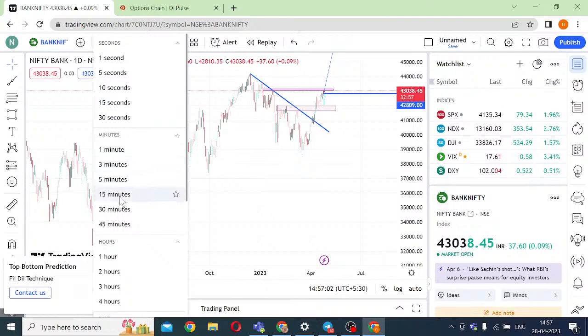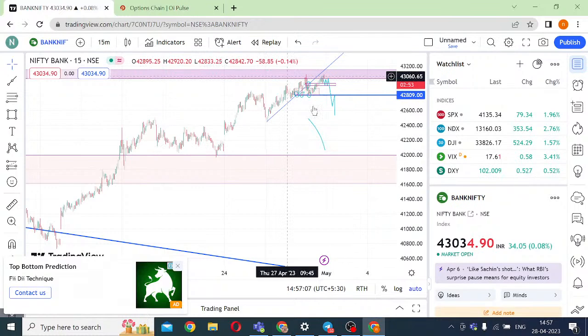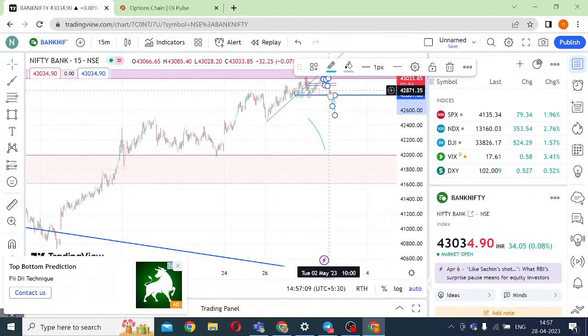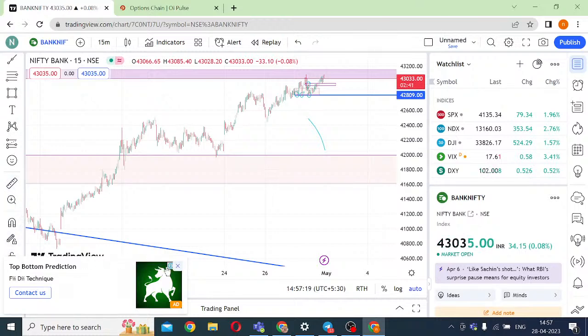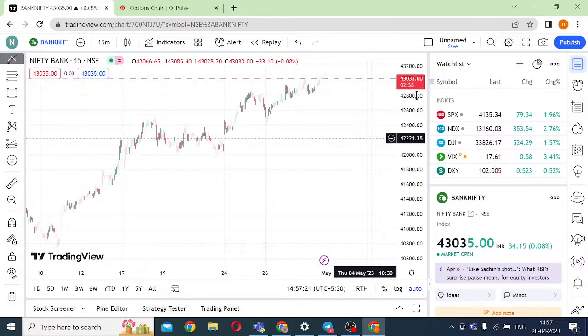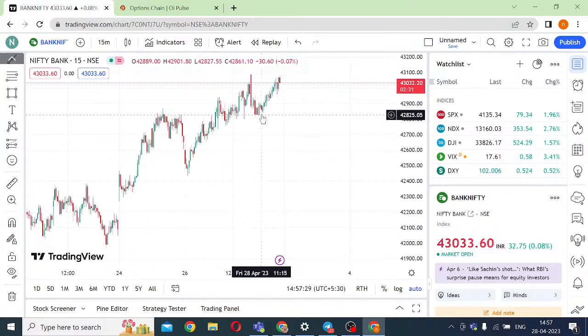Now in the 15-minute chart, if you see, this particular thing will not give you any movement anywhere. Right now it is not giving any movement on both sides. I am just taking out all the drawings. So this has not pierced the opening candle, and it has not broken the trend line. So on either side, it is not giving any movement for us to enter the trade.